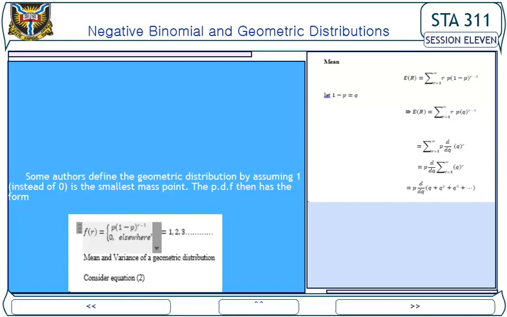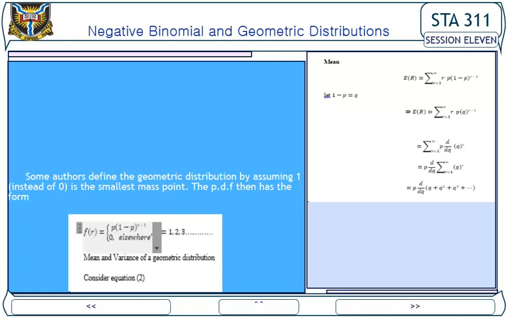Generally, the PDF f of R is given by f of R equal to, for R equal to 0, 1, 2. Equation 1. Some authors define the geometric distribution by assuming 1 instead of 0 is the smallest mass point. The PDF then has the form f of R is equal to